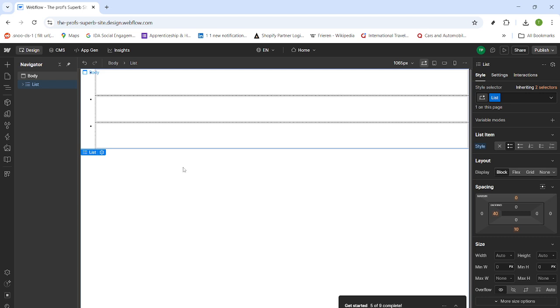That's it. You've added and styled bullet points in Webflow with full control over whether they're unordered bullets or ordered numbers. And with quick access to